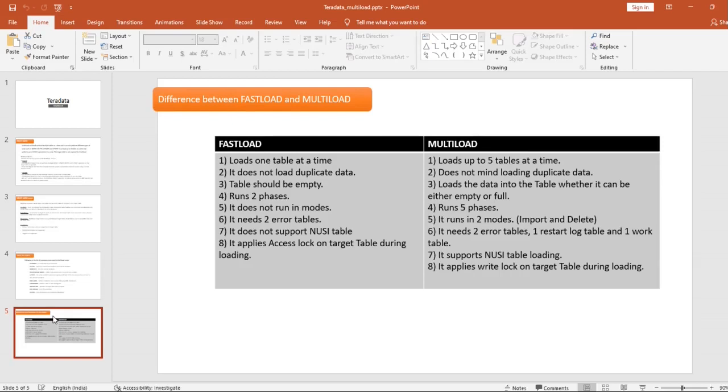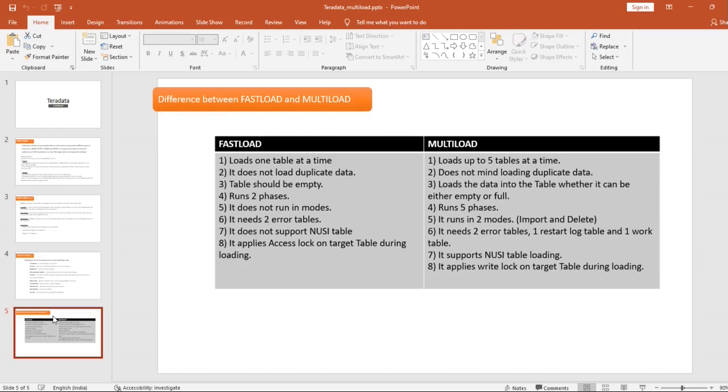FastLoad will not allow inserting duplicate records, but MultiLoad does not mind loading the duplicate records. For FastLoad, the table should be empty. For MultiLoad, it loads the data into the table whether it is empty or full.